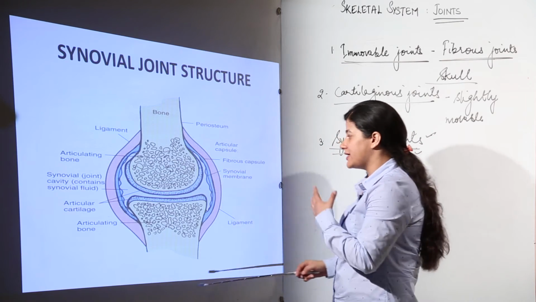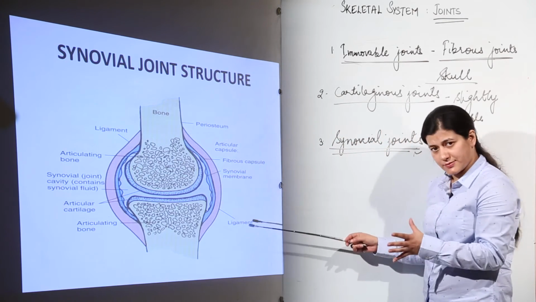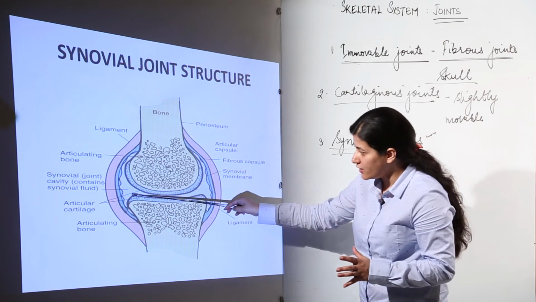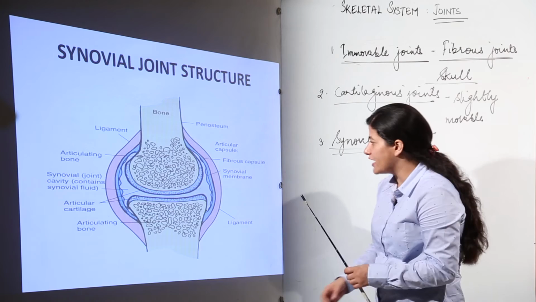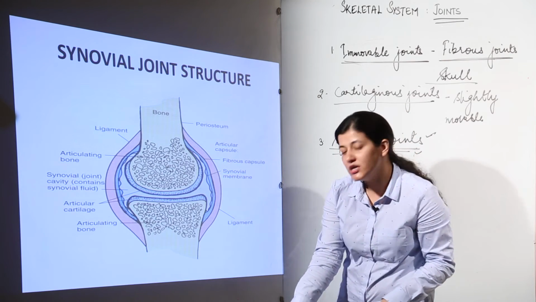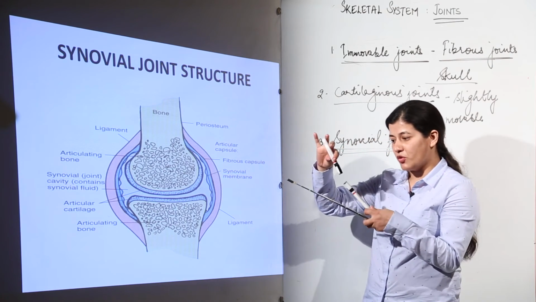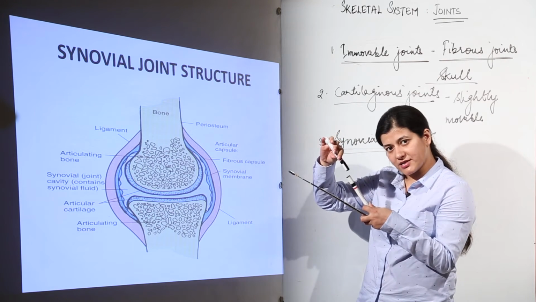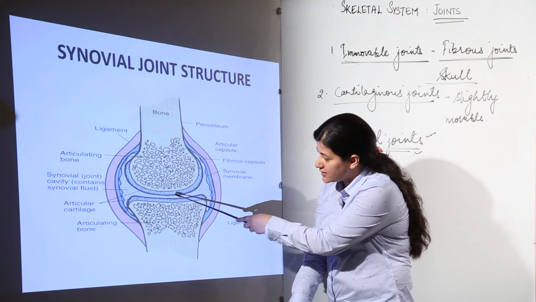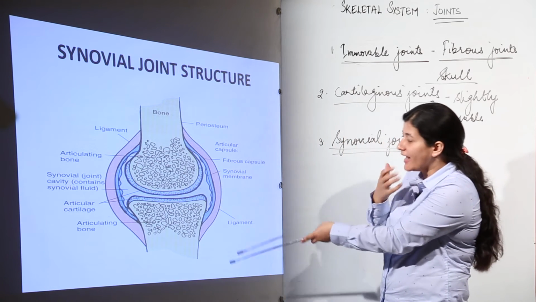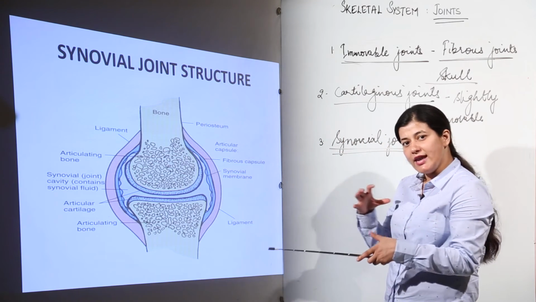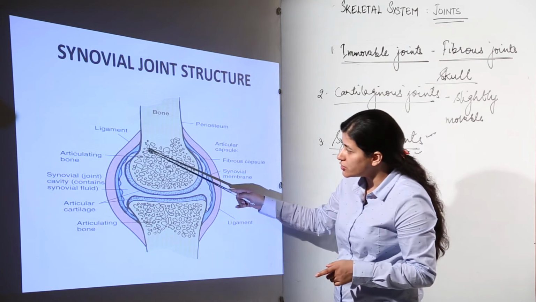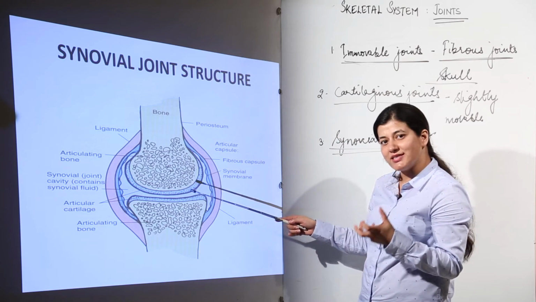Now, what is a synovial cavity? As we are talking about this particular thing, this is a synovial joint. We see the synovial fluid present between two articulating bones. It is quite clear over here. Still, I would tell you, supposedly this is one bone, they will not join like this. Instead, there would be a gap between them, that would be filled with a synovial fluid present inside the cavity. This fluid enables the free movement of the joint, and the free movement of the joint is not brought about by the bone, because bone itself is hard.